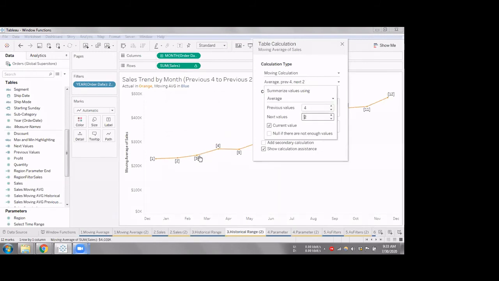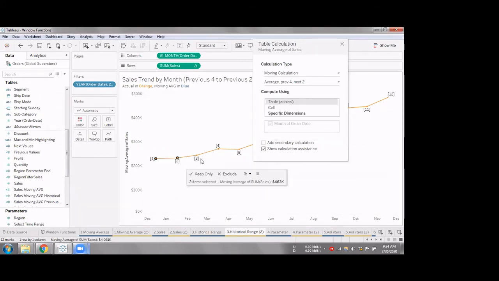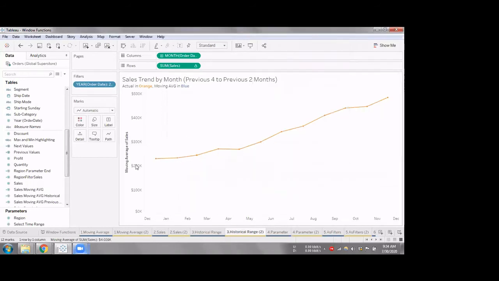So for a particular month, it will give you the average for these 2 values. Leaving the 1 month behind, it will give you the average for these 2 at this point in time. So again, it's just to let you know that you can use whatever offset you want at any point in time. It need not always be till that point where you are or ahead of time. So that's a pretty straightforward one.